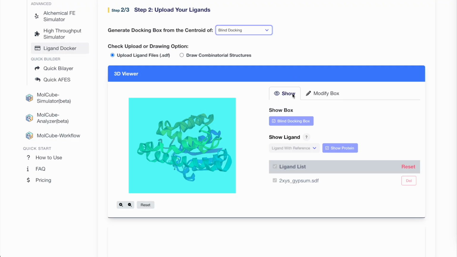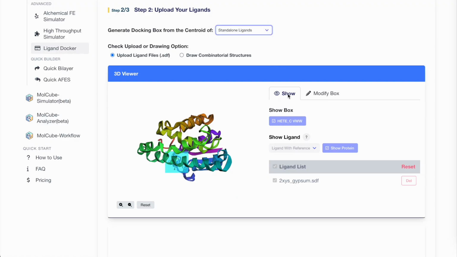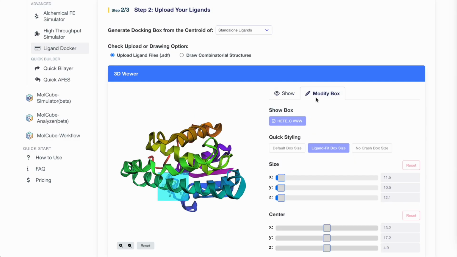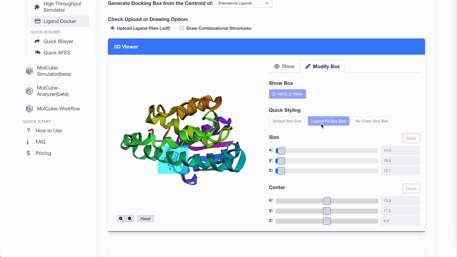Okay, now let's look at the Show category. Clicking this button allows you to visually confirm the position of your docking box in the 3D viewer. To adjust the box dimensions, we'll move the cursor to the Modify Box section. The default size is 20 angstroms for the X, Y, and Z axes, but you can change these values as needed. By clicking the Ligand Fit Box Size option, the program will automatically calculate the optimal box size to fit